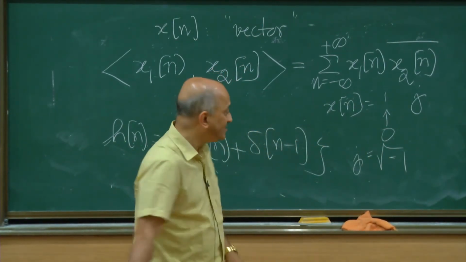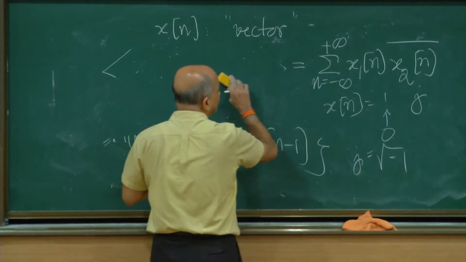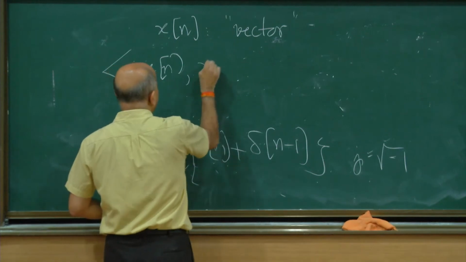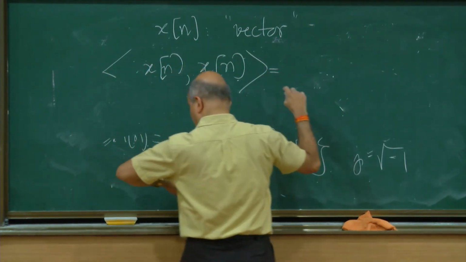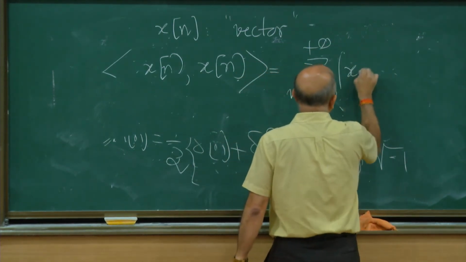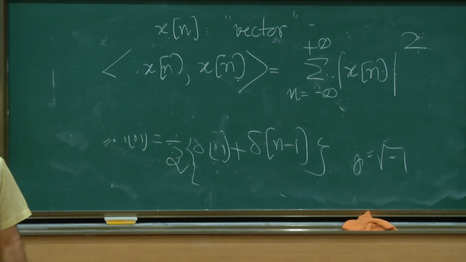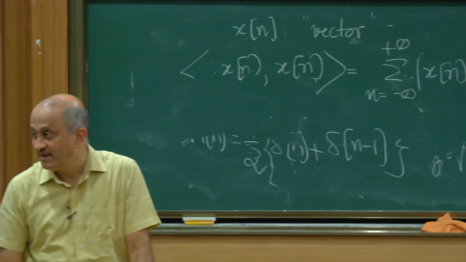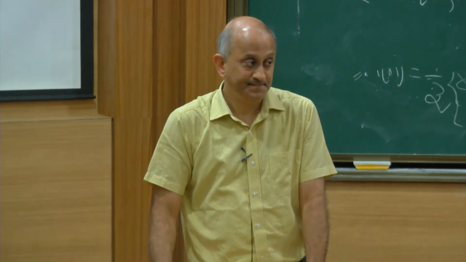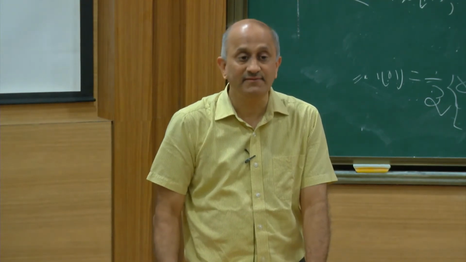And in general, if you took the dot product of x[n] with itself, using this definition, what would it give you? It is the summation, n going from minus to plus infinity, of mod x[n] squared. Is that right? x[n] times x[n] complex conjugate, so mod x[n] squared. So this would definitely be non-negative, and in fact it would be 0 if and only if x[n] is 0 for every n. So a non-zero vector would give you a positive dot product with itself, and a 0 vector would give you a 0 dot product.